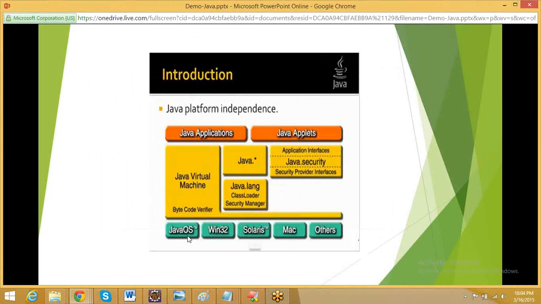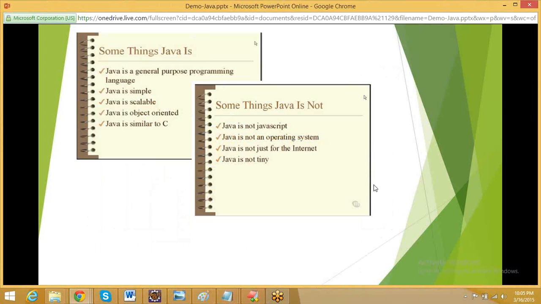How is it talking? Because of platform independence, in the form of objects. It also provides security. There are some more features in the Java platform, and to talk with the other technologies we will discuss.